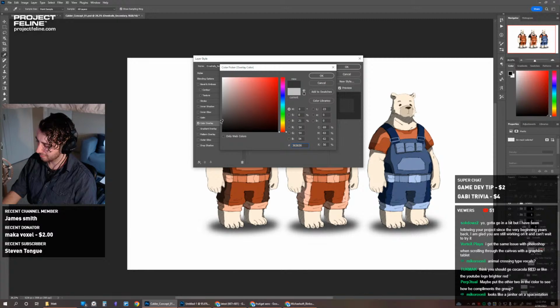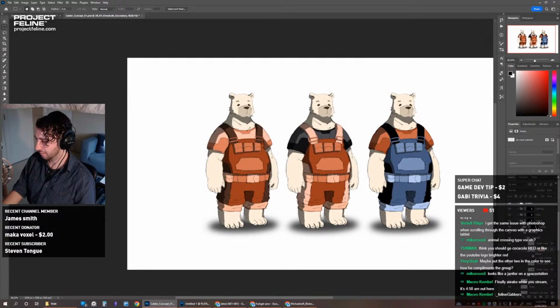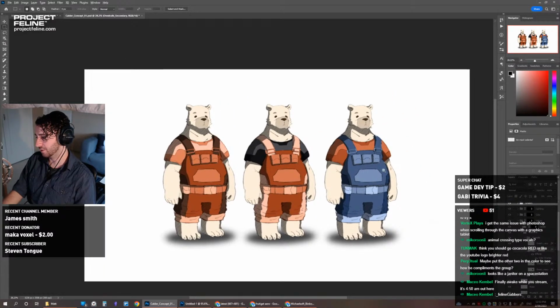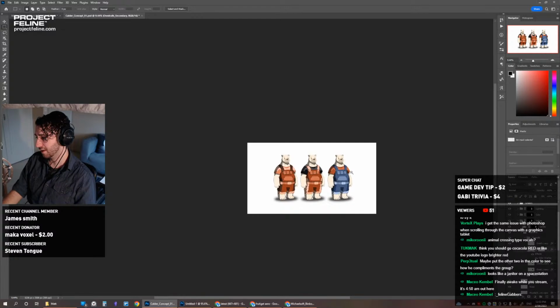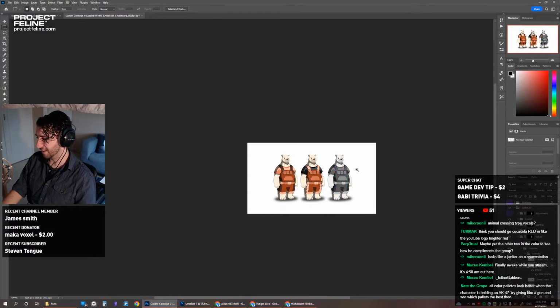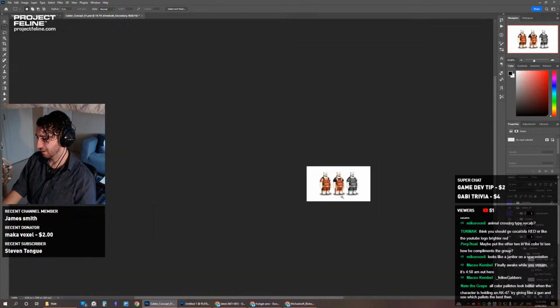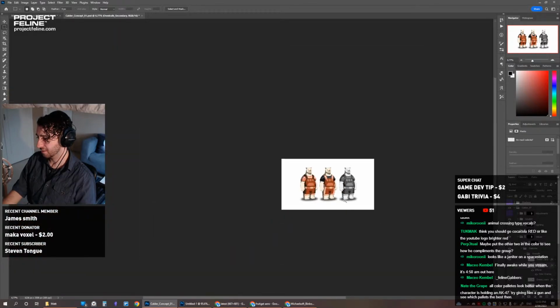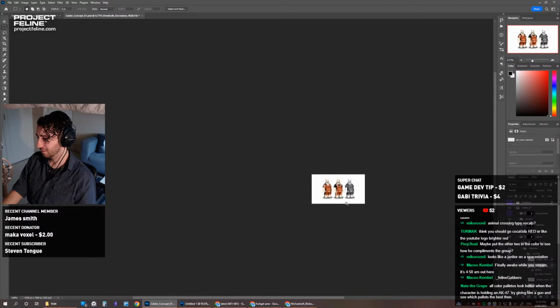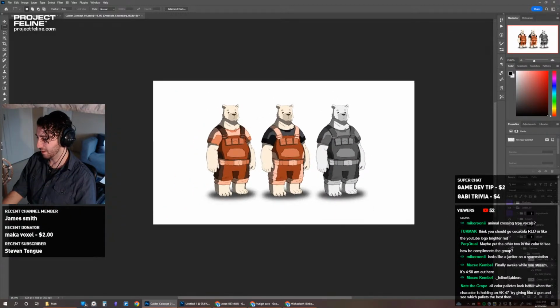Maybe. If I get the mask so it doesn't do the straps, that's a maybe. But values, it looks a bit too... Not enough contrast. Or I don't know, maybe... Because there's a lot of contrast with his fur now. So I don't know, maybe it might be a good thing.